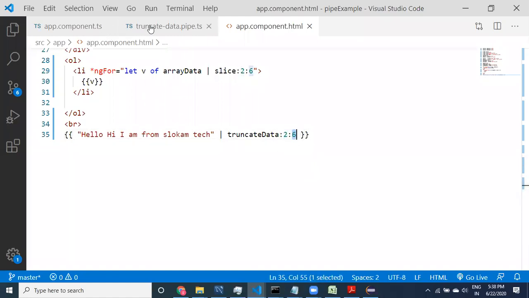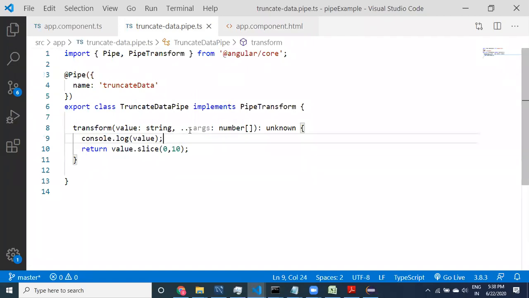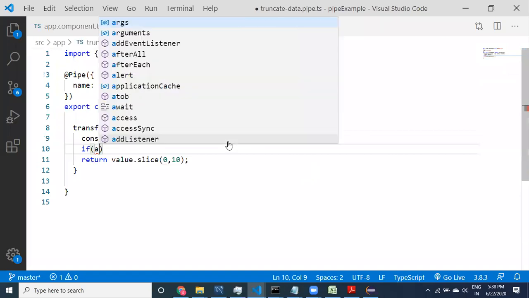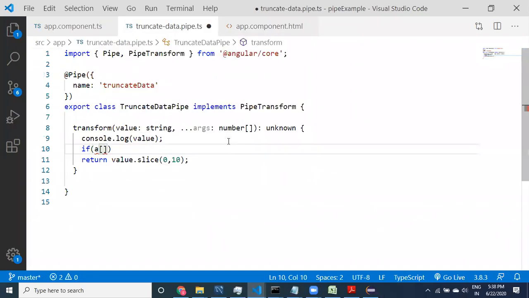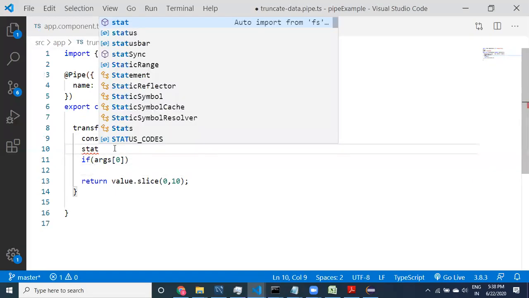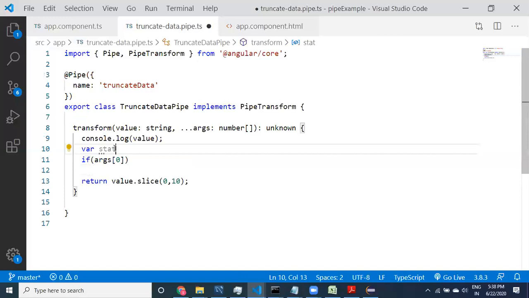Now you have the logic here, so those values are going to come here, right? This is args, not a. If args of 0 is available, meaning that if the value is available, then you can take the start value, where start and end.